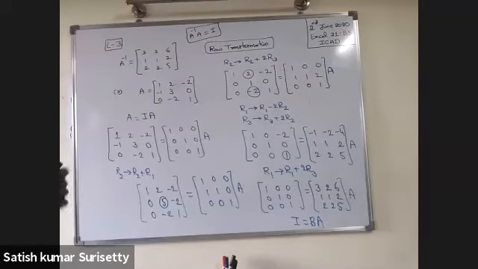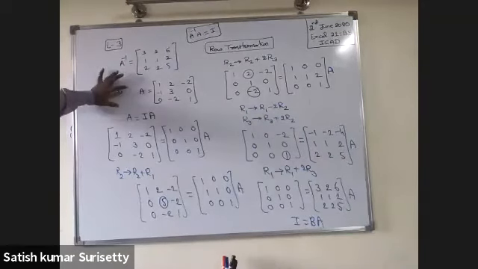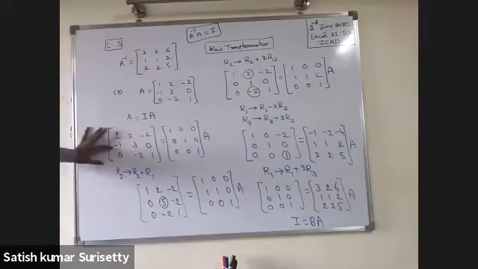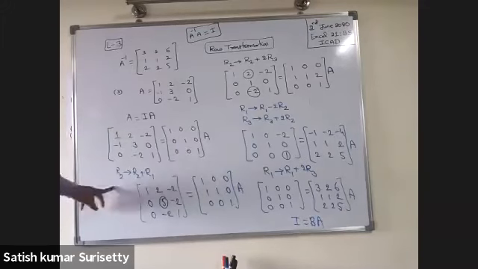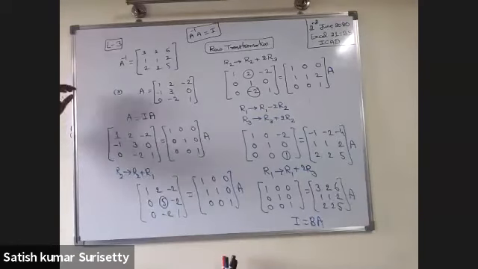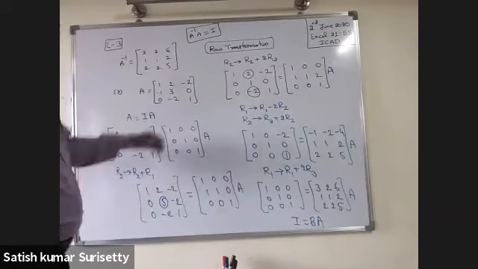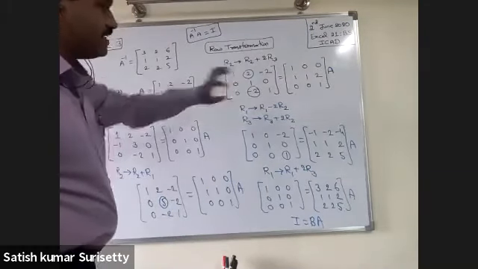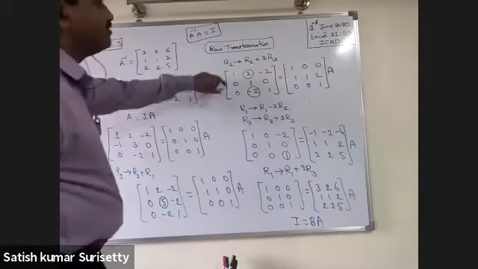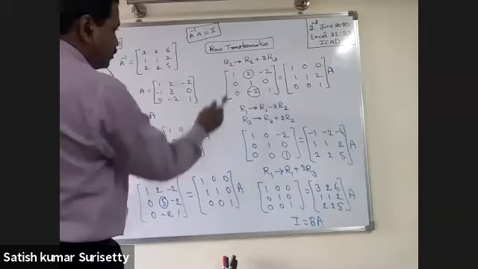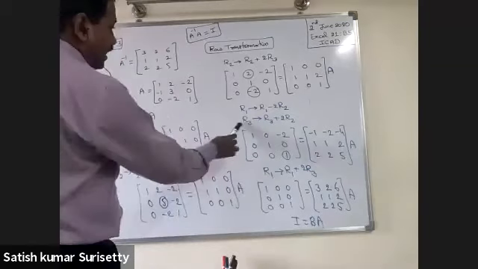See once again. For a 3 by 3 matrix, we write A equal to I into A. Because A11 is already 1, you make the elements below it 0. By applying R2 to R2 plus R1, this element becomes 0. Next, you identify whether A22 is 1 or not. If A22 is 1, then you make the elements above and below it 0 by applying operations on R1 and R3: R1 as R1 minus 2R2, R3 as R3 plus 2R2.